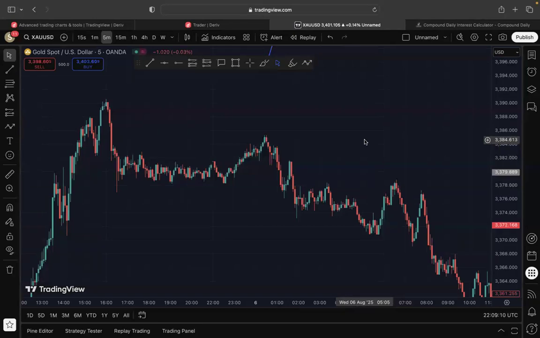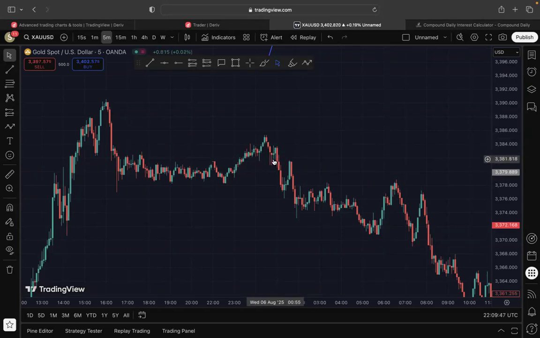Now, for a pullback to be at least called a pullback, right? Look at this. It's a downtrend. We're expecting to see red candles more, right? So we are getting our red candles. It's going down. Once we start seeing rejection and a pullback, market going in the opposite direction, for this thing to be a pullback, we need to see at least 3 to 4 candles in the opposite direction. So the green candles here have to be at least 3 or 4 for it to be a